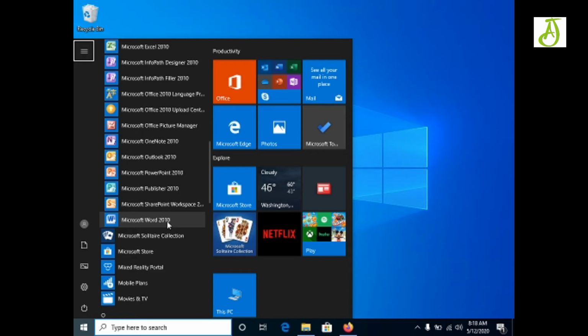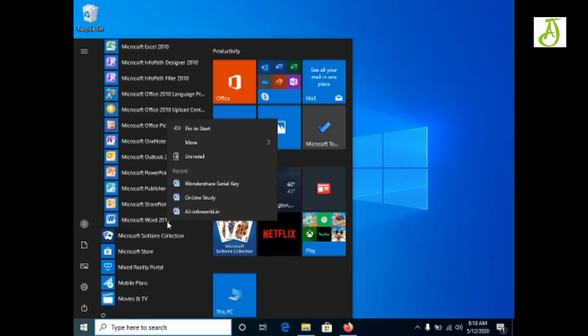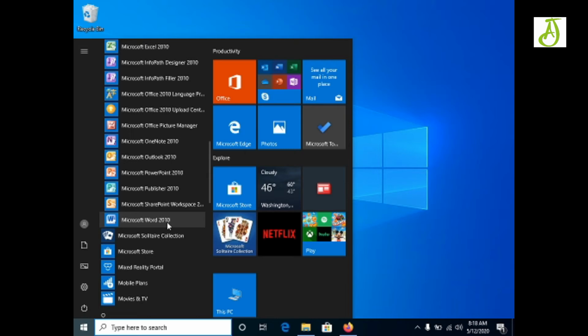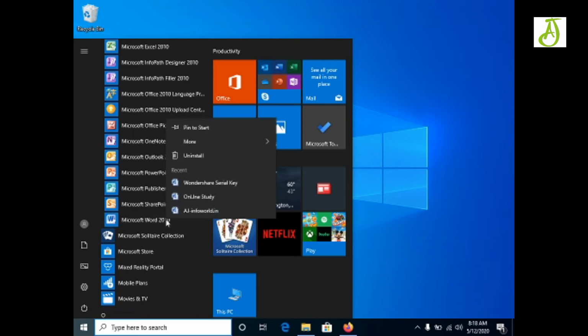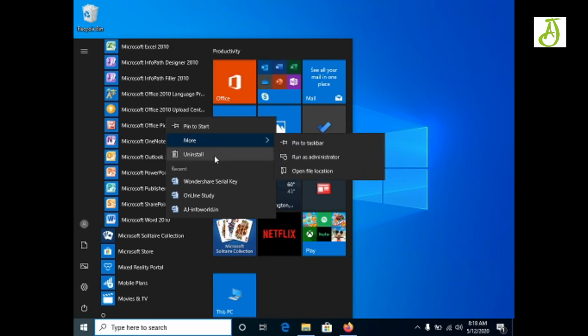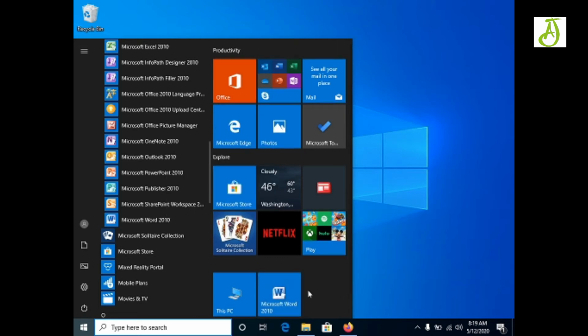Now right click here and see that there is pin to start, more, then uninstall and other things. Now what is pin to start? If I click on pin to start, see what happened. It will come to this part.